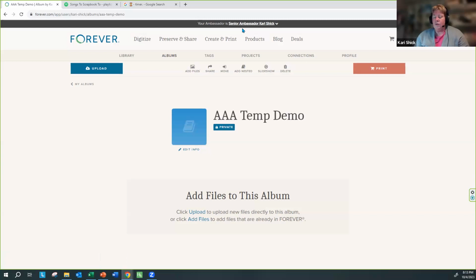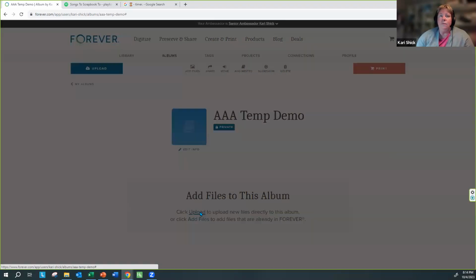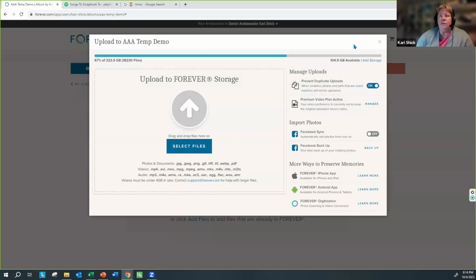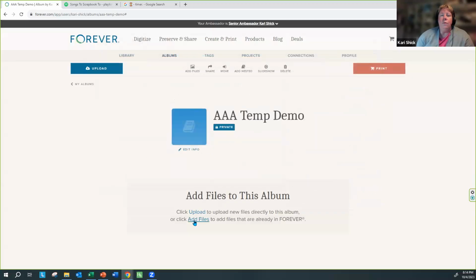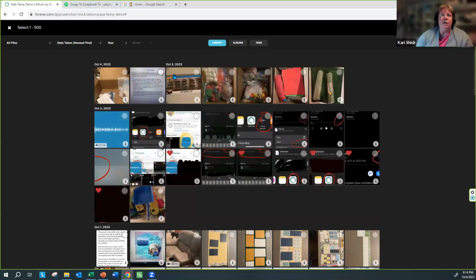And once you're in that album, you can use some things across the top here by adding files and sharing, and we'll talk about some of that later. You've also got this shaded area, which I'm circling with my mouse, that says add files to this album. You can click upload and upload new files directly into this album, or you can click add files because things are already in Forever. So the upload would be the same thing. It would look just like the screen that we looked at before, where you'd select files by either dragging and dropping or navigating to something on your computer. Or you can click add files to things that are already